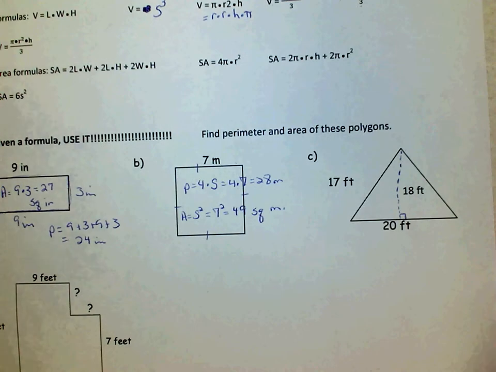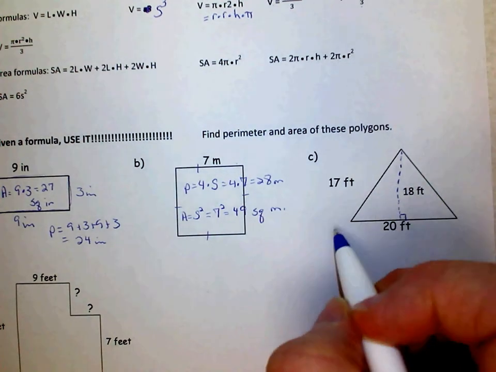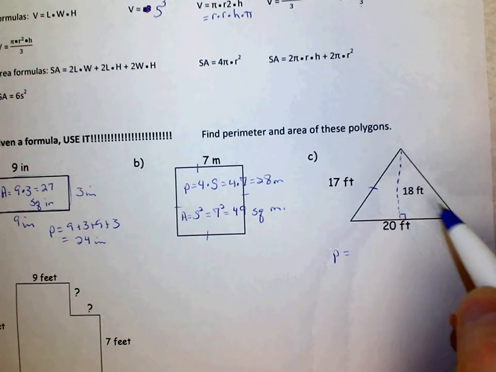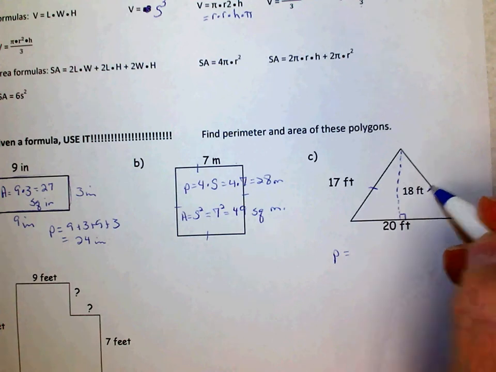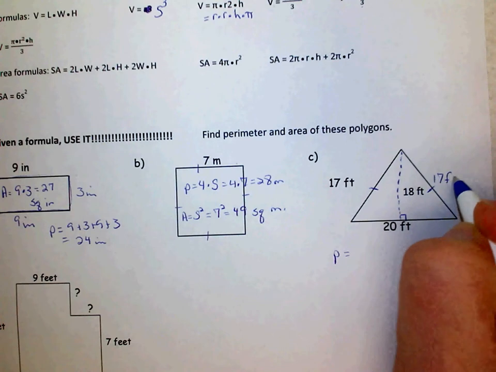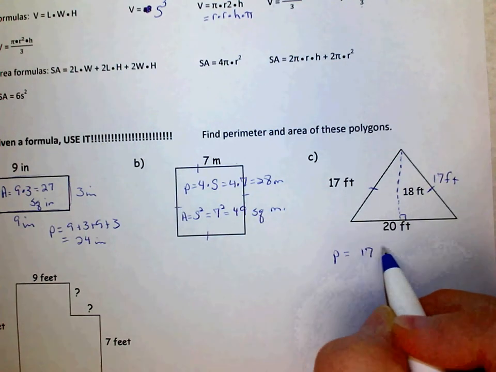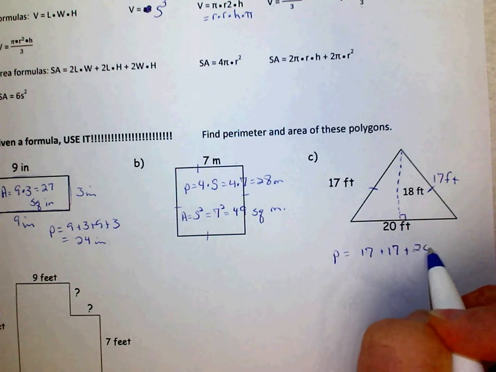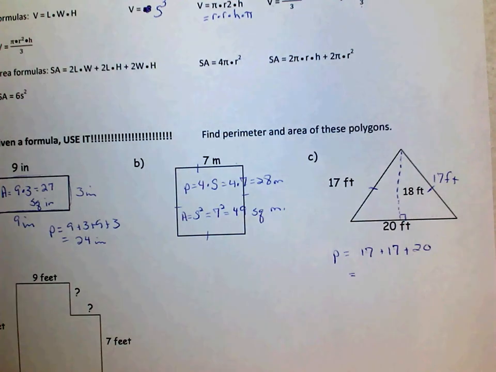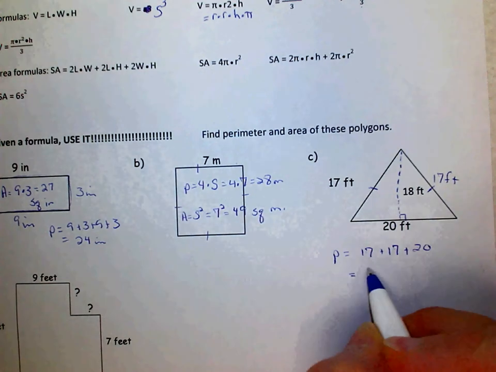Next, perimeter. Well, this is 17, and I'll bet you that one's also 17, because they didn't give us both. So 17 plus 17 plus 20 gives us 17 plus 17, and I guess I need to turn my calculator on, and then plus 20 gives us 54